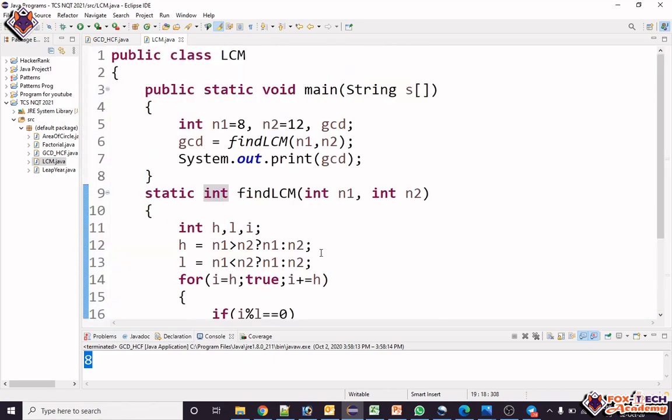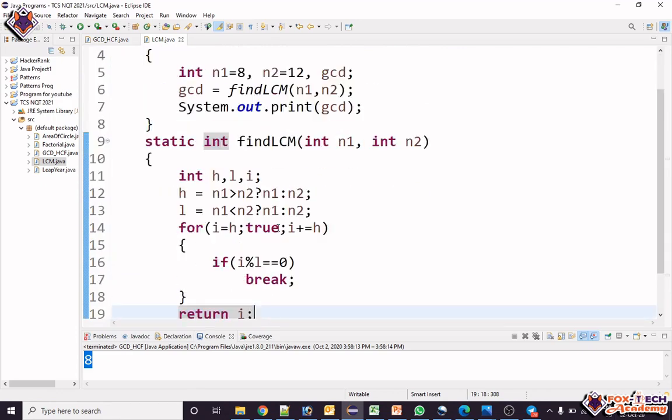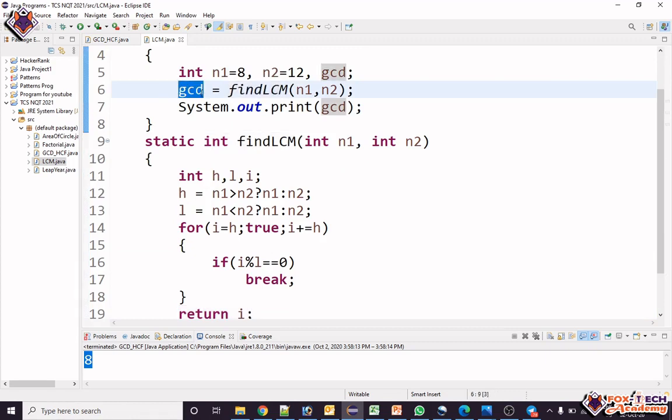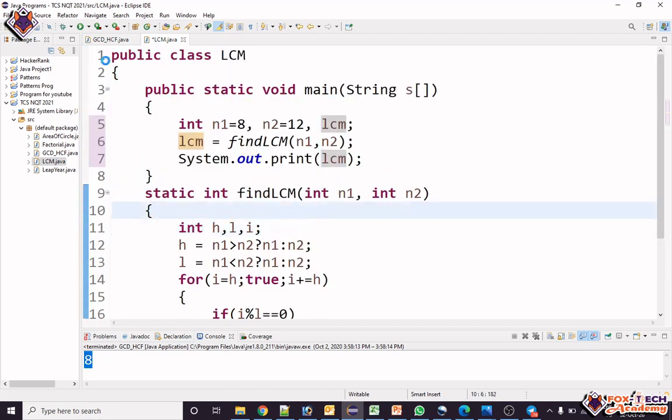Let's save this program. It will store the LCM in this variable and print the LCM. Let's run this program.